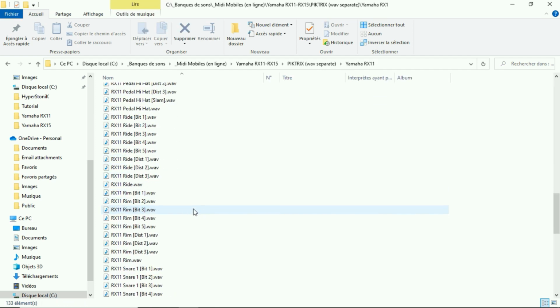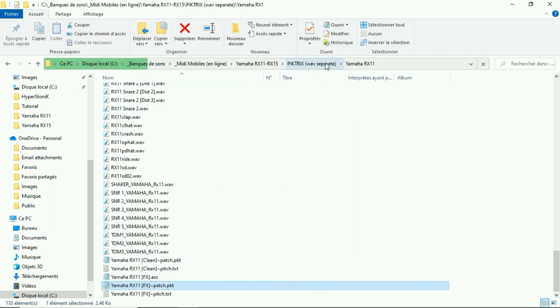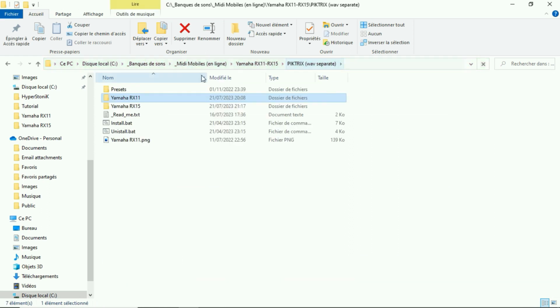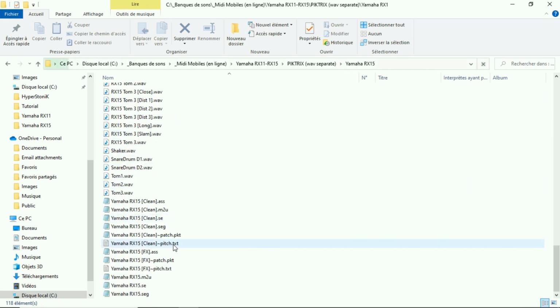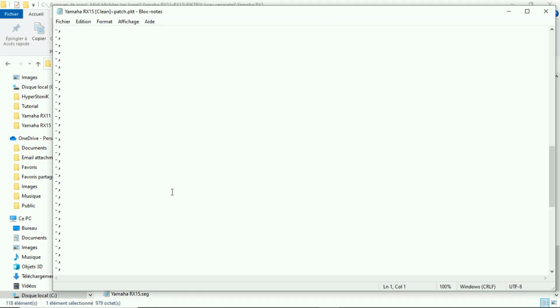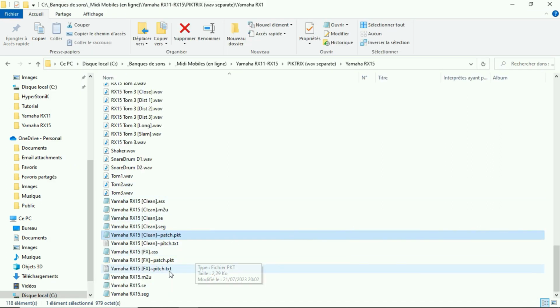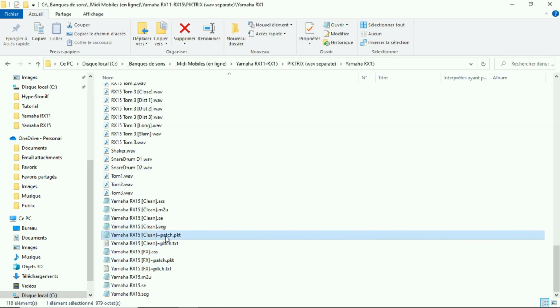How to compile a HyperStoniK drum kit from SoundDebug with Yamaha RX11-15. Go to the Pick Try X, wave separate, Yamaha RX15 directory. You can see that there are two types of instruments, Yamaha RX15 clean and Yamaha RX15 FX. We are therefore going to create two directories